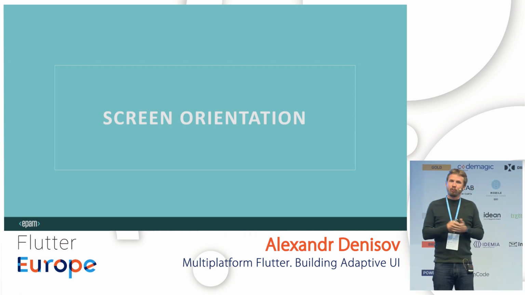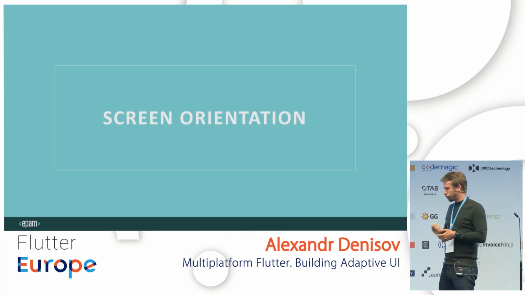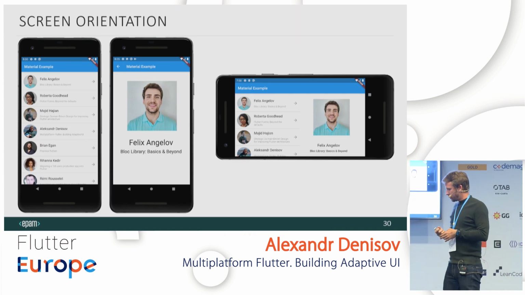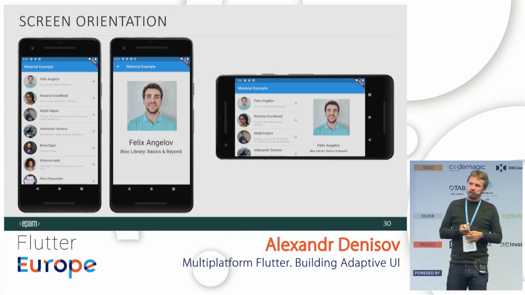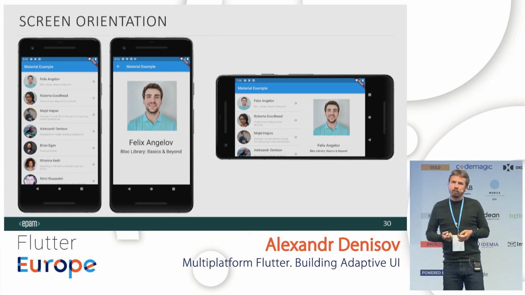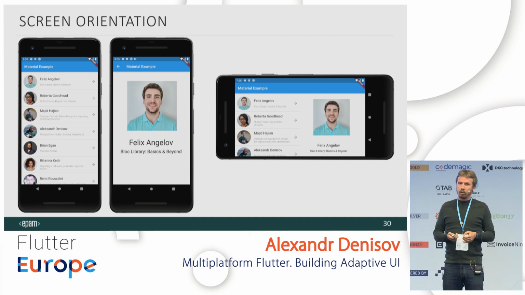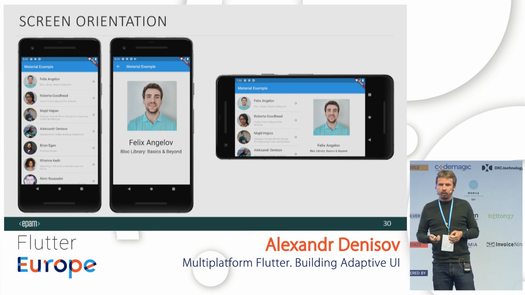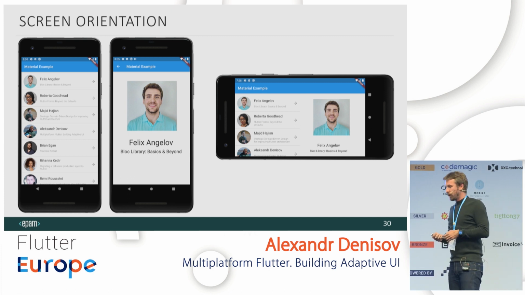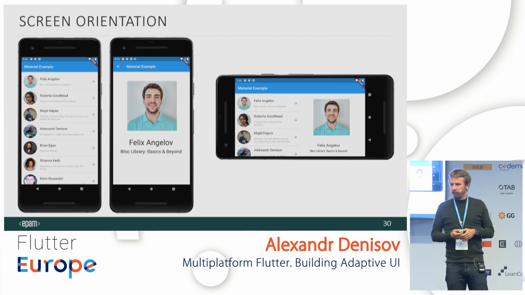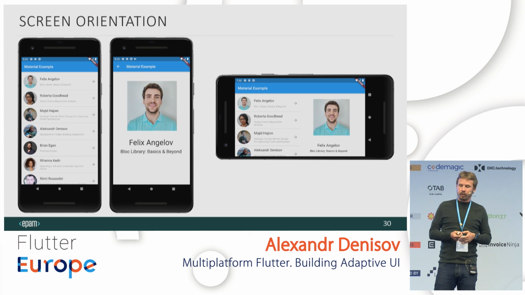And let's move on to other issues and talk about screen orientation. Sometimes we need to have different content in different orientation. For example, I want to show the speakers list only if orientation is portrait, and navigate to the speaker details screen on tap. And if orientation is landscape, I want to show speaker details and the speaker list on the same screen.